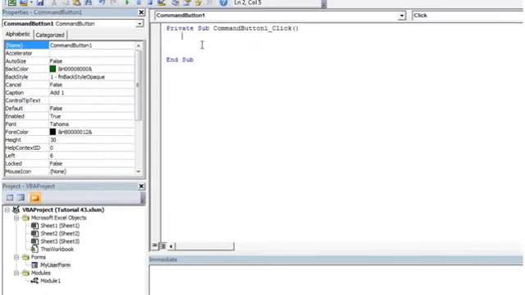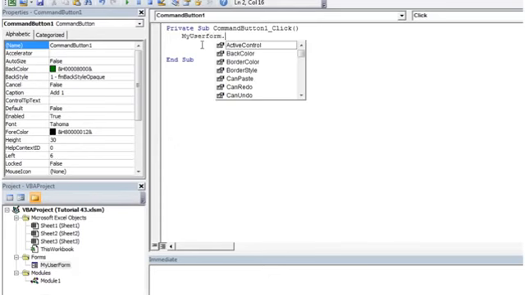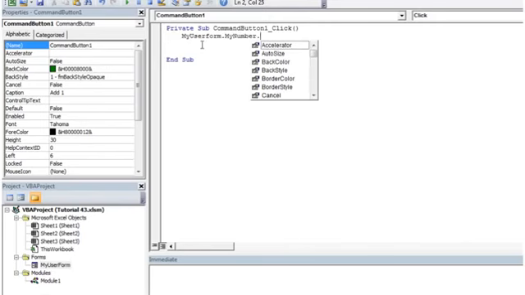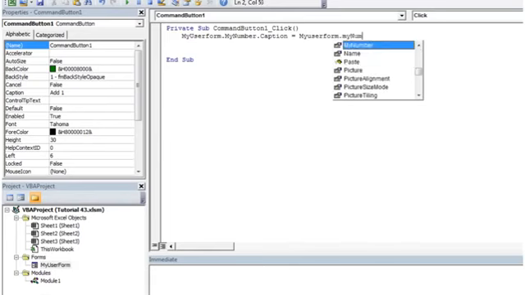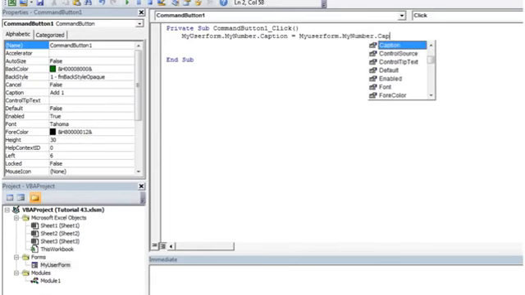Then to reference it, we go to the name of our user form, MyUserForm dot MyNumber, and we're going to take the caption of that and make it equal MyUserForm.MyNumber.Caption plus